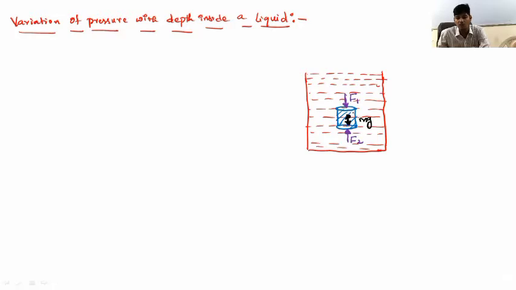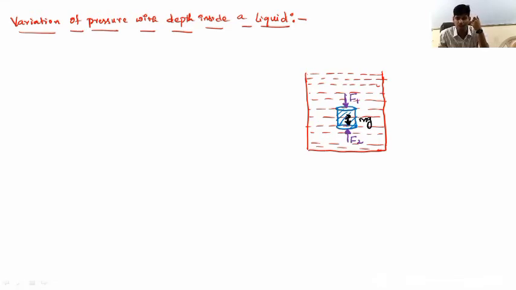Now think whether the cylindrical portion of the liquid is at rest inside the liquid or it is in motion. We have considered liquid in a vessel, and this cylinder is just a portion of that liquid. We only imagined the liquid in a cylindrical form. Do you think this is in motion? The answer is no. This is at rest. That means the net downward force must be equal to net upward force.